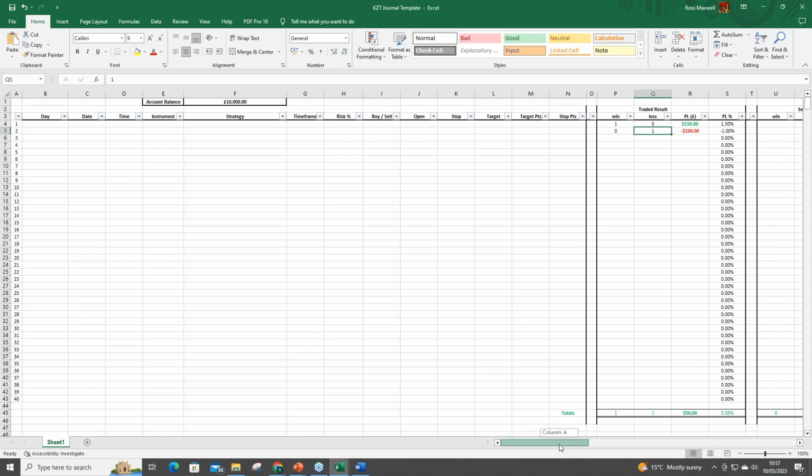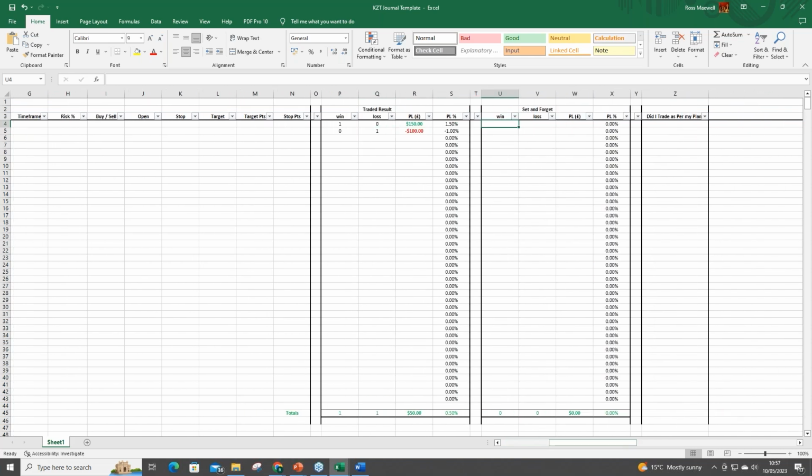What I also advise my clients to do is have your traded amount and then your set and forget. Your set and forget is literally what you'd have made if you put the trade on and left it. Say, for example, you scaled out of this one and only made $125, but if you'd set and forgotten it, you would have made $150. Now you can start to see that by managing the trades, I'm actually making less money than if I set and forgot it. So how much variance would I have on my account if I just set and forgot it? Am I making more money? Therefore, maybe that's the style of trading I need to switch to. Again, you can tell this just by journaling your trades.